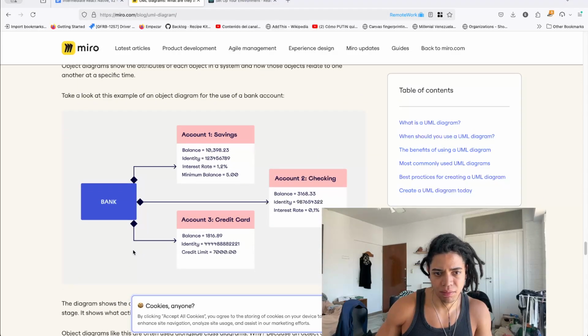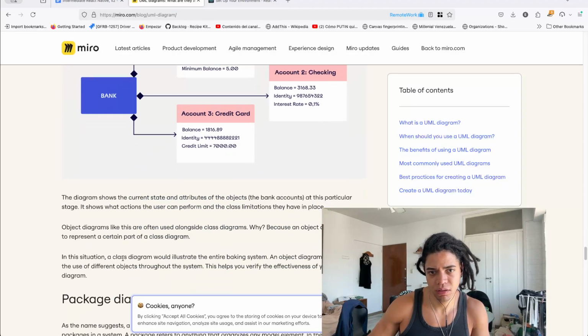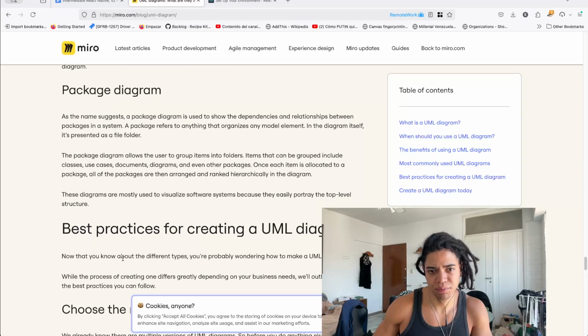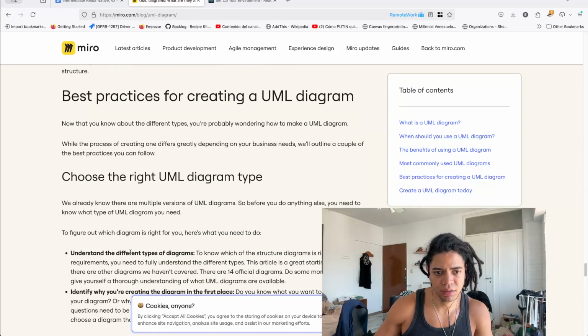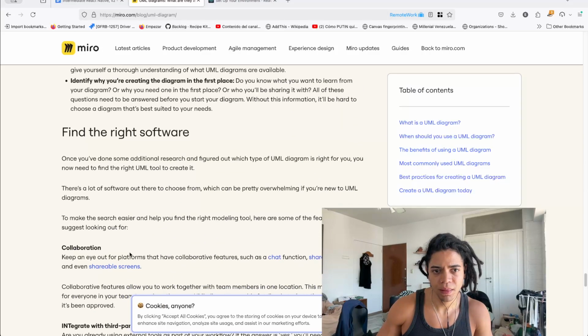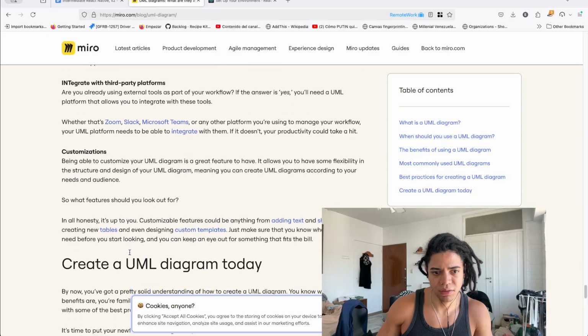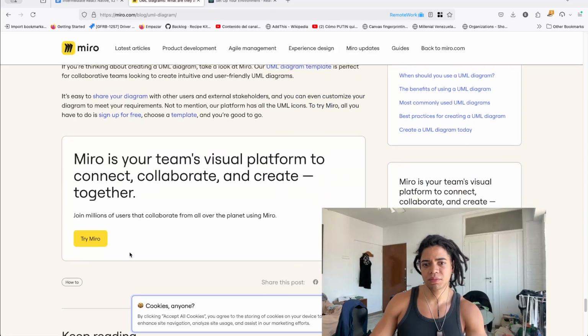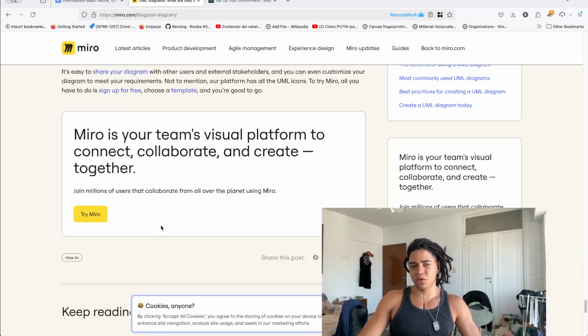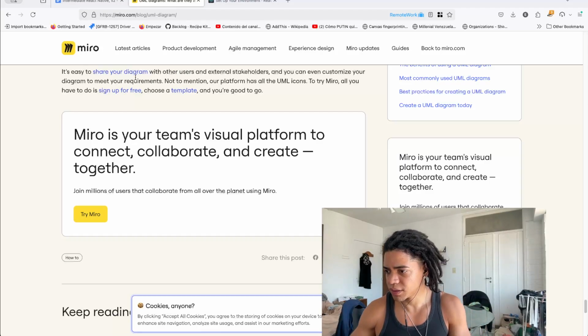Object diagram, bank, package diagram, best practices for creating UML, and find the right software here. Create UML diagrams. Okay, but again, this is useful for